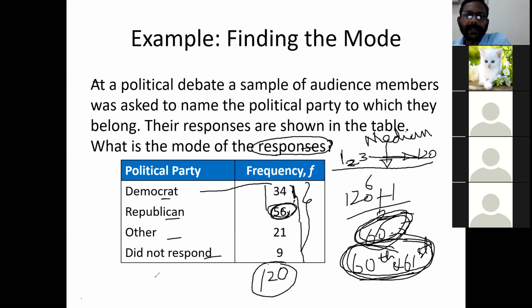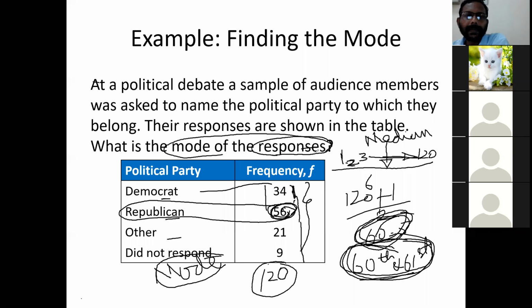Now the easiest one. What is the mode? Earlier we talked about median. Median is falling into Republican. Right. What is the mode? The highest number of occurrence. If you take the different political parties, here the number of occurrence is 34, here the number of occurrence is 56, here the number of occurrence is 21, here the number of occurrence is 9. So the highest number of occurrence comes under the Republican. So mode is